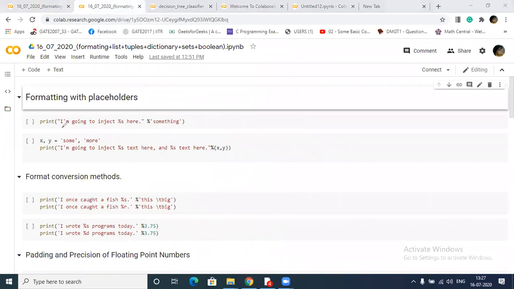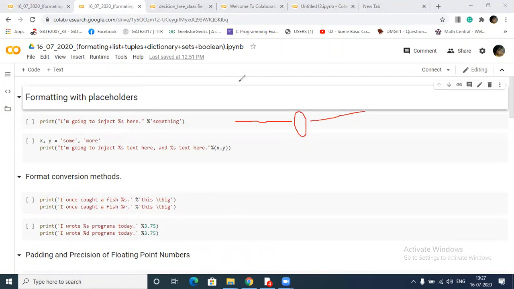A placeholder is nothing but this: suppose I want to print some statement, or insert something in a place based on our situation.